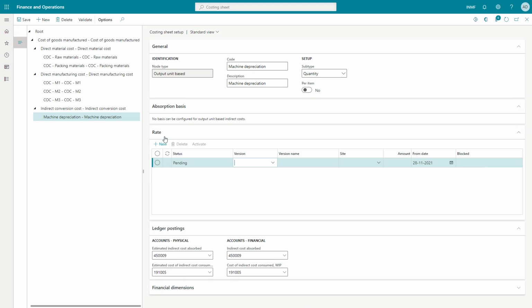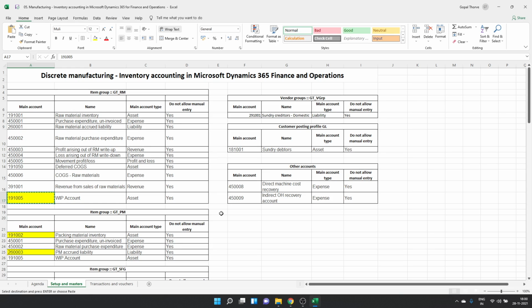Then we should define the rates here. Now we can define the rates from two places. One is directly from the cost sheet, or another is from the costing version. So we will be defining the cost from the cost sheet, not the costing versions. So we are not defining it right now here. Okay, second one is my